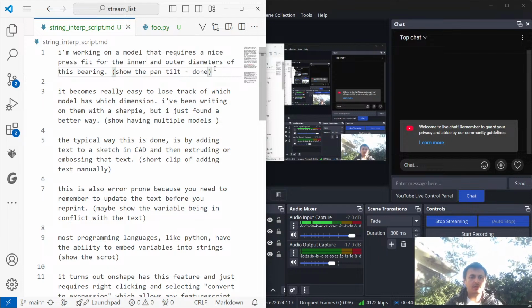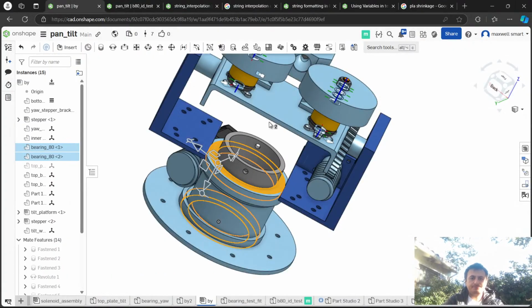Done. It becomes really easy to lose track of which model has which turn. Okay. So I'll do that when I have the most number of models. Okay, so let's add,